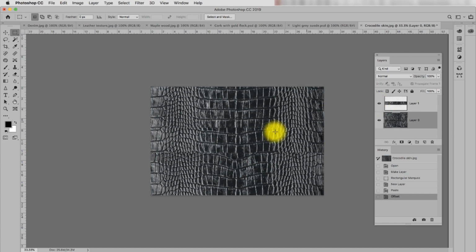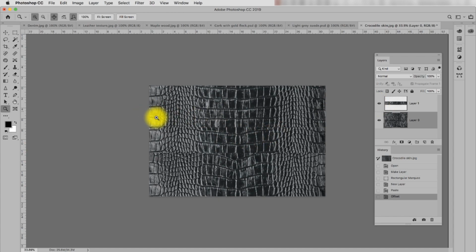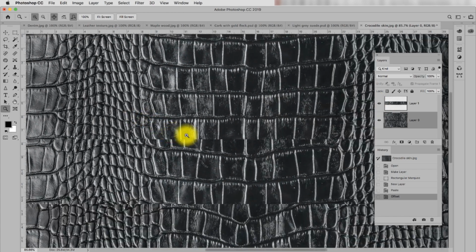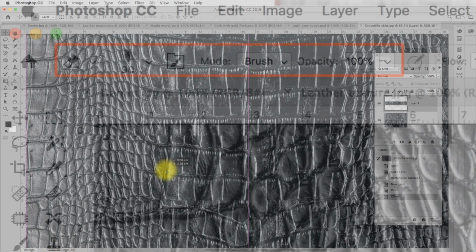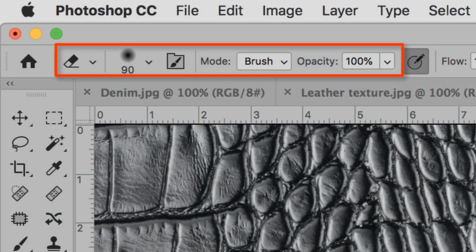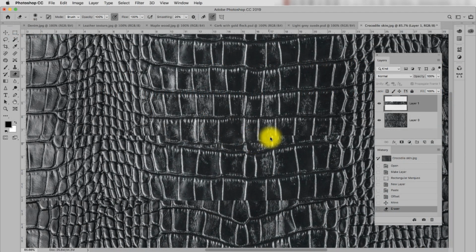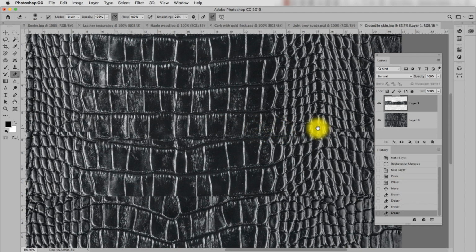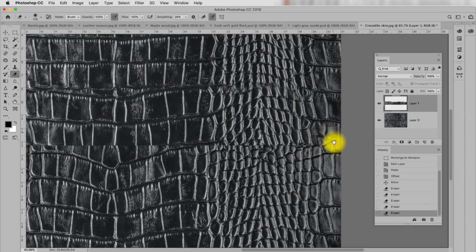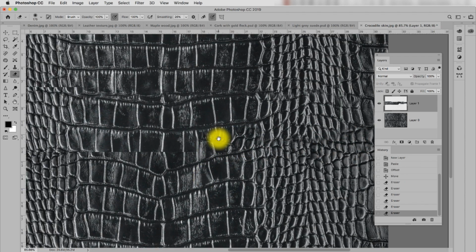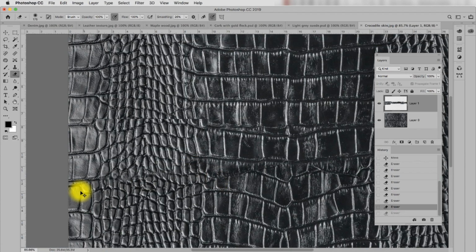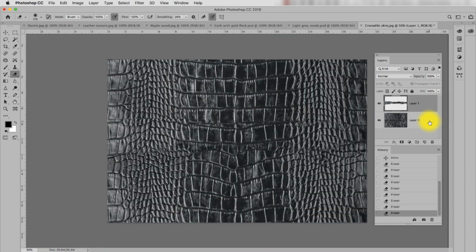I make the top layer visible again, and I'll use the eraser to soften the edge of the image in the top layer. First, I make the opacity 100%, and then I check that the brush has a soft edge, as I did with the Clone Stamp Tool brush. Now I merge the two layers.